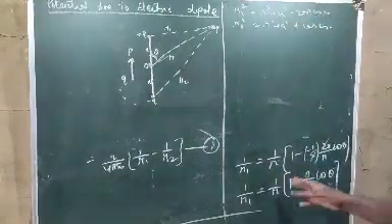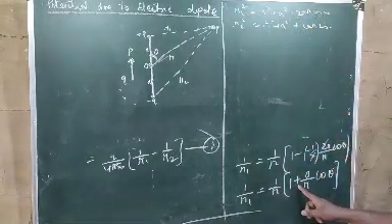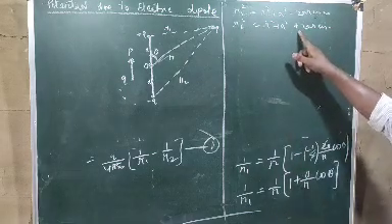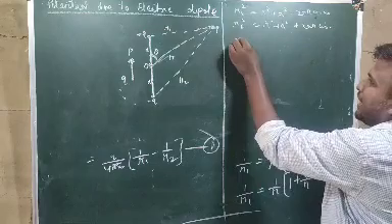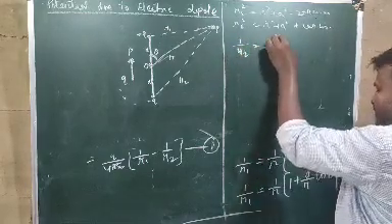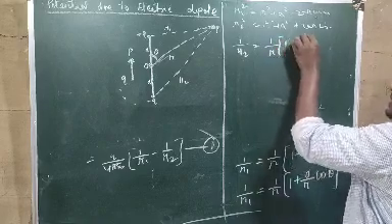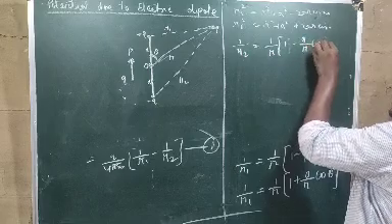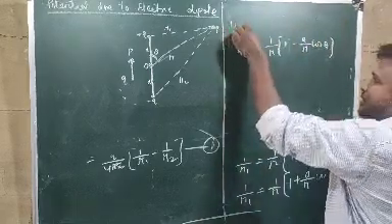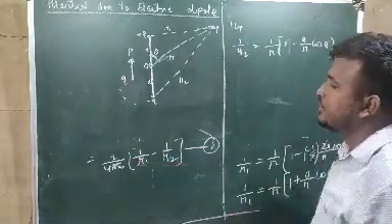So when we solved r1, here minus was there, and what came here? Plus. Similarly, if we solve this one, here what is there? Plus. So here minus will come. So 1 by r2 will be equal to 1 by r (1 minus a by r cos theta). Similarly, if you put this value of 1 by r1 and 1 by r2 in this equation, what shall I get?